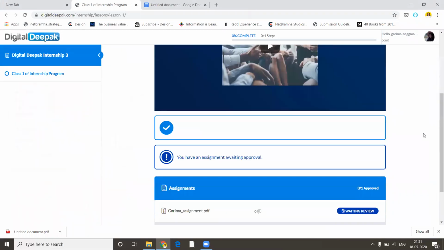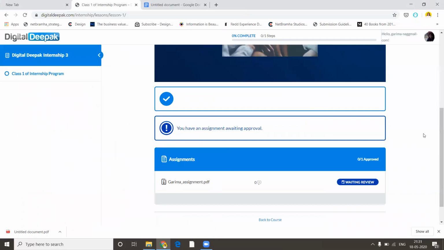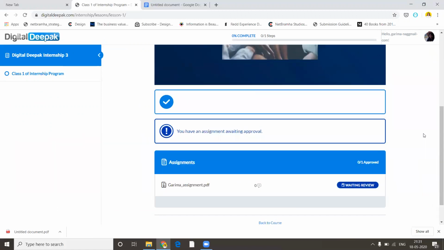So that's it. So now your assignment is pending approval and it is waiting for review. And let me see if I am able to go ahead and approve your assignment from the backend.